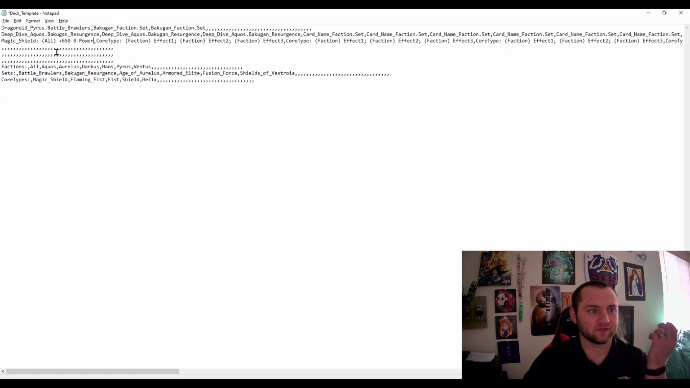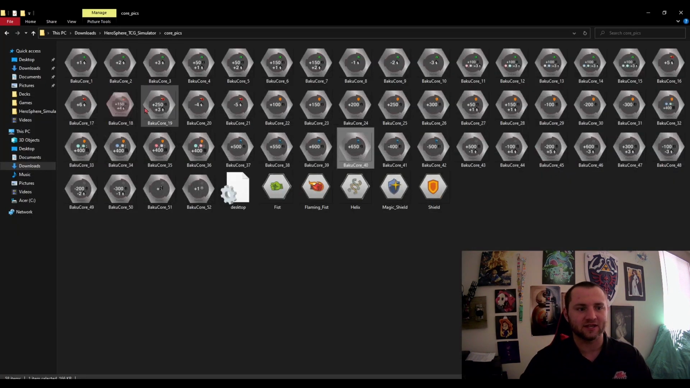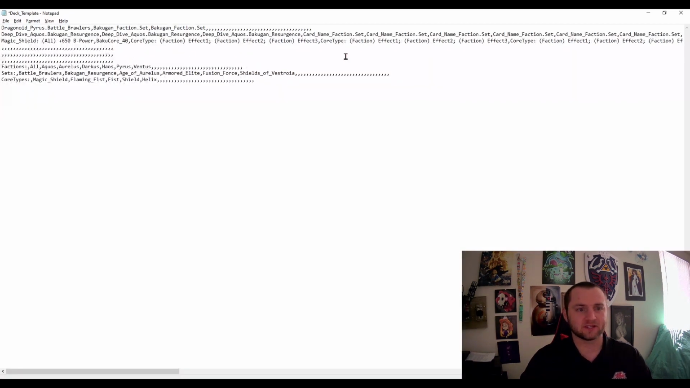So this is only one effect and this is how it looks, right? This is exactly how you type in the Magic Shield. You can also type in instead just Baku Core 40, and these are exactly the same. These are just two different ways that you can type in the 650 Magic Shield. So it's up to you whichever one you want to use. It's pretty easy to just pick out the core you want, the name for it, and paste it into here